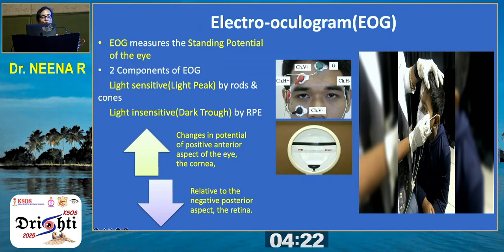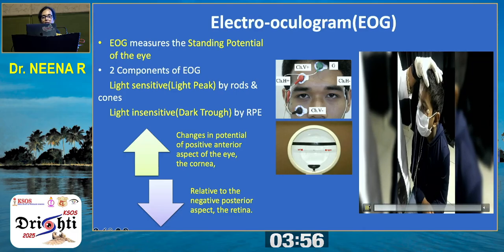Moving on to electrooculogram, it is nothing but the standing potential of the eye, which is measured. There are two components. There is a positive anterior aspect of the cornea, and the changes from the anterior positive aspect of the cornea are measured in relation to the negative posterior aspect of the retina. So there is a light sensitive light peak by the rods and cones and a dark trough generated from the RPE. We are basically interested in this,